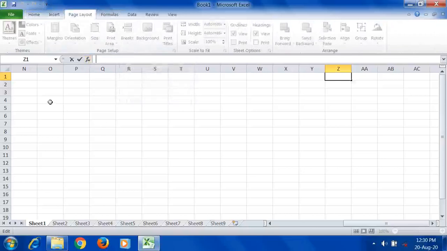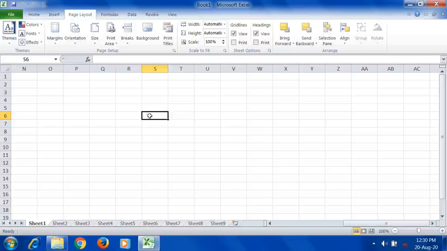Next is the cell, this dark border. This box is called the active cell. Active cell means it is highlighted with a dark border. It indicates you can enter text or a value only in this cell. Now this is active. If you want to enter in another cell, that is not possible. You can enter only in the active cell. I can type the numbers only here, I can't type it there. If you want to type there, you have to make it active, then you type. Only in an active cell can you type.